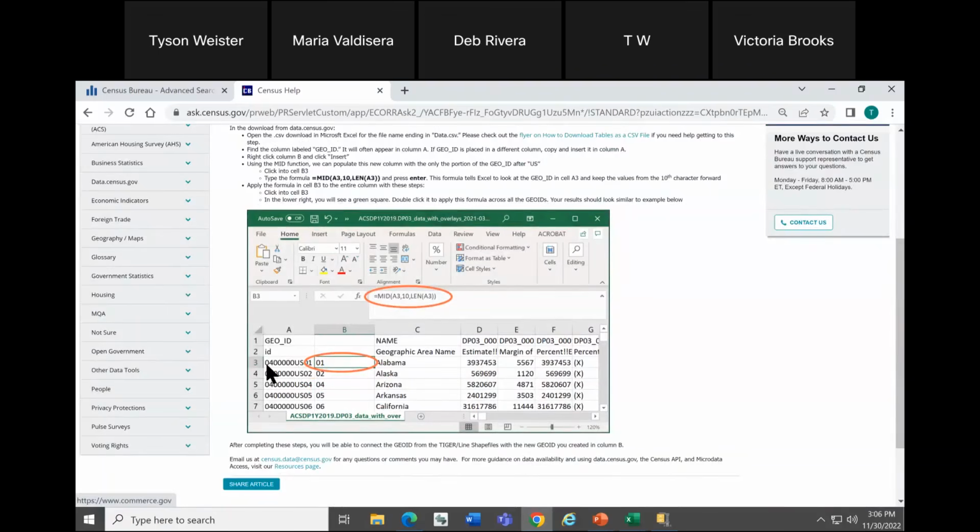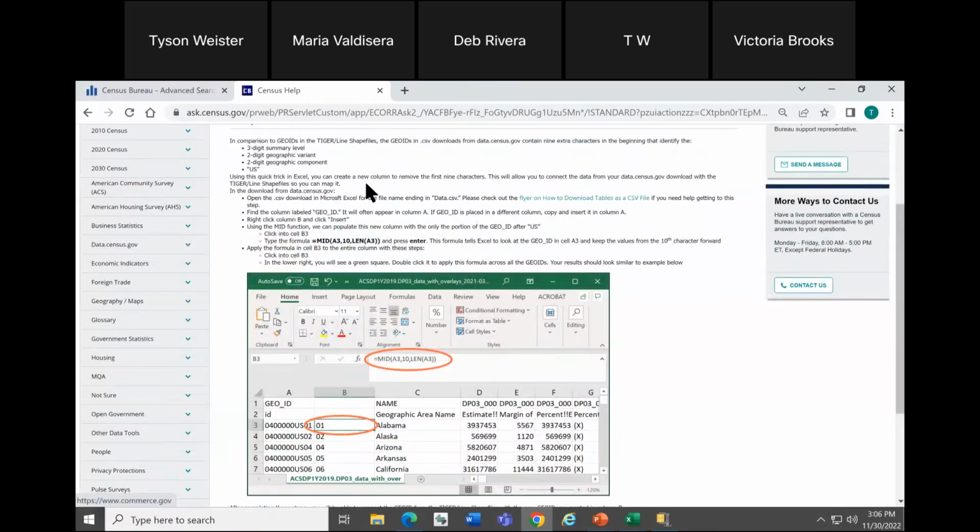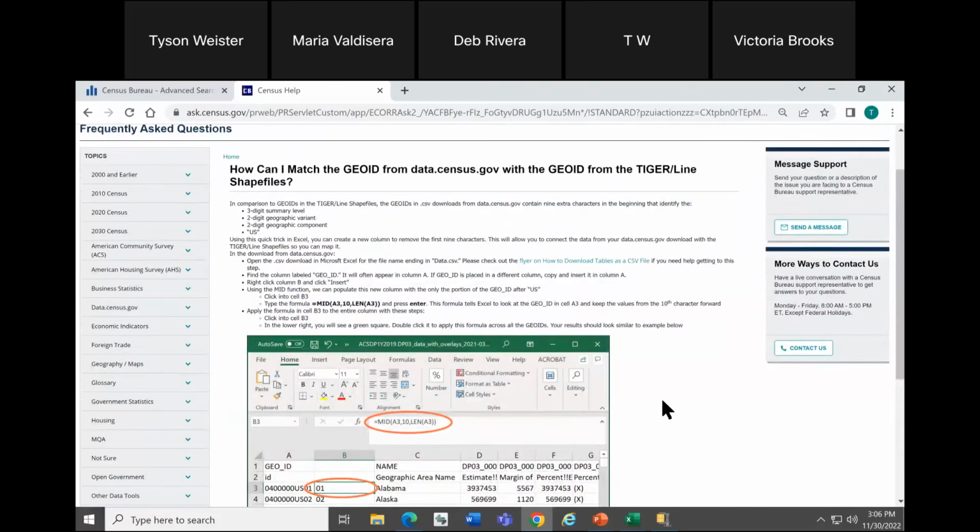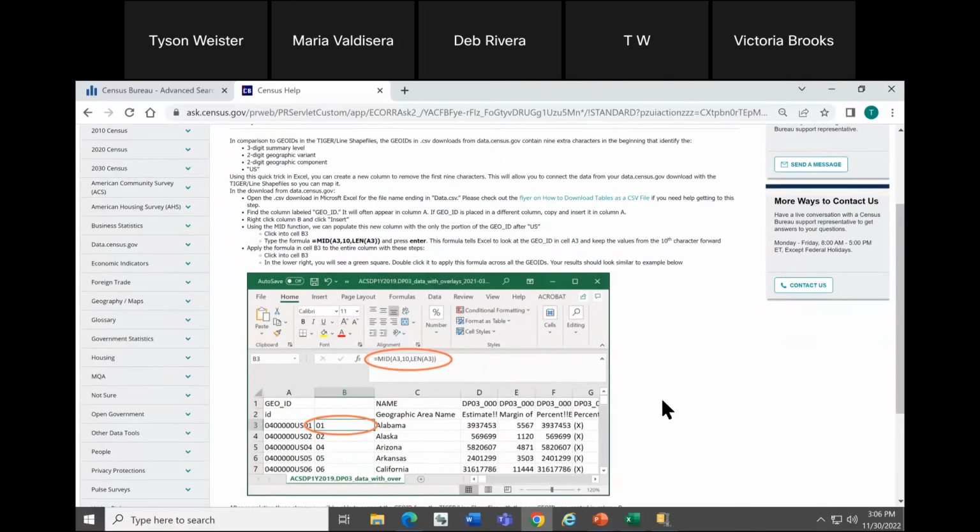In our GeoID data.census.gov downloads, there are additional characters in front, including US. Those characters all have meaning from a geography standpoint, and then 01 at the end. So if you go to this FAQ and use the formula there, that's what we recommend in the meantime. And yes, we would consider your feedback of potentially adding an additional column that's an exact match or something to that effect. Thank you for asking.